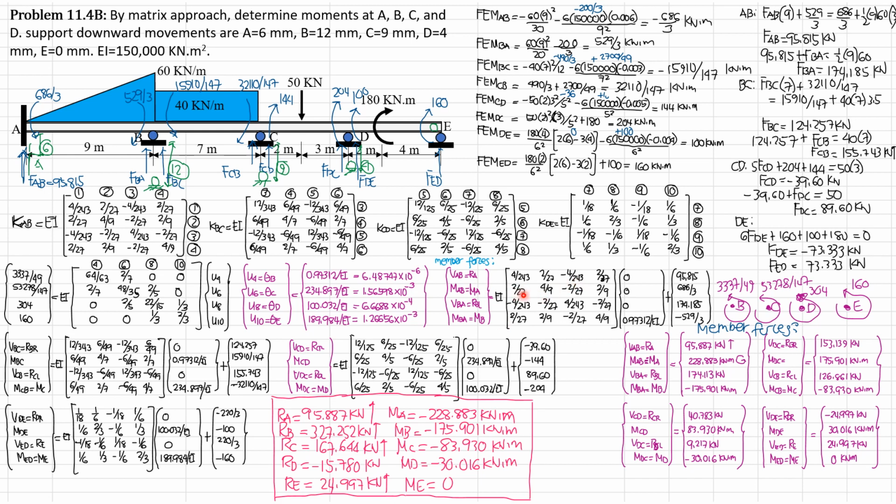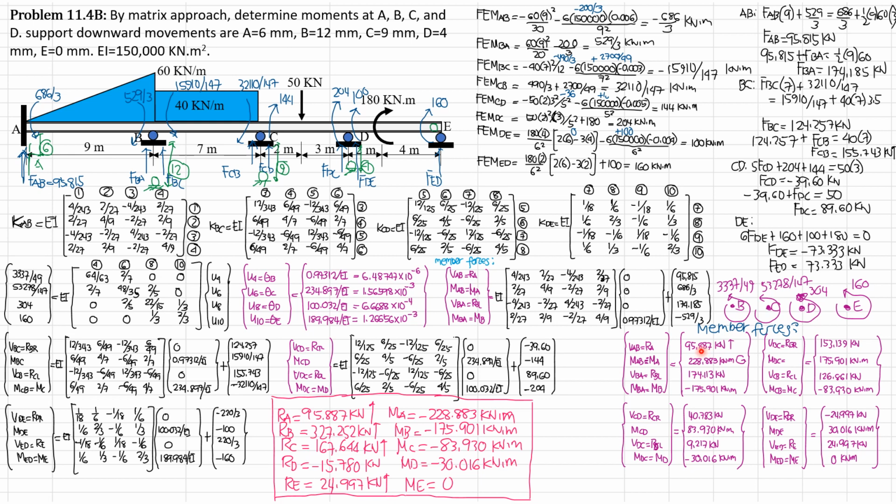So we grab the stiffness of AB, then these are the displacements, delta A0, theta A0, delta B0, and this is theta B. So we obtain the product of this matrix and this, plus the fixed end forces. Fixed end forces in AB, 95.815. This is positive 686 over 3. Then at B, FBA is 174.185. And moment, this is clockwise, so it's negative 529 over 3. And we obtained these values.